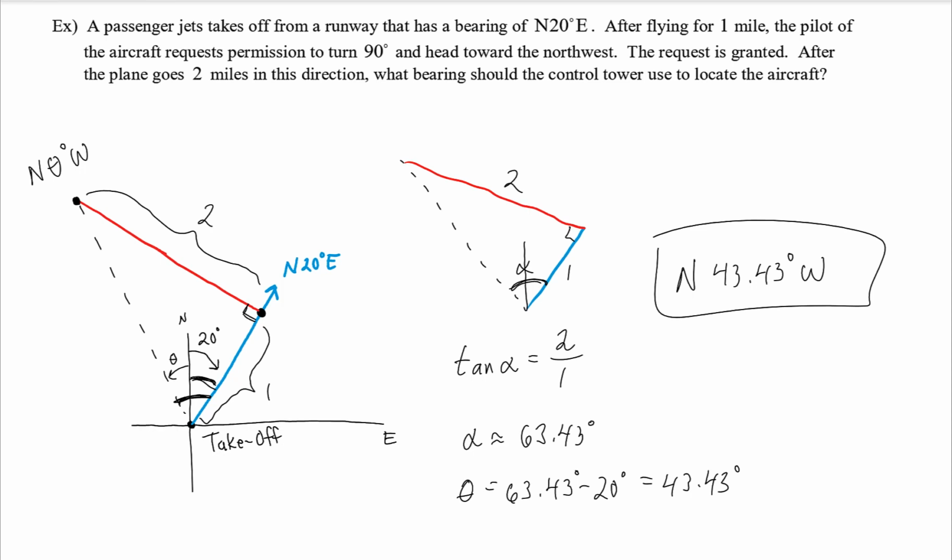All right, that should be enough for our right triangle definition for the trig ratios. Next up is going to be the